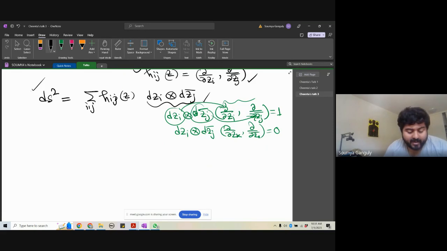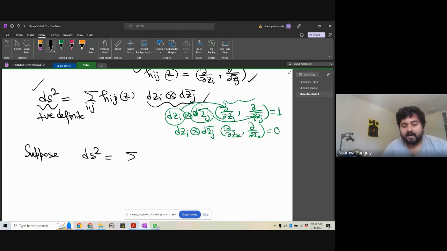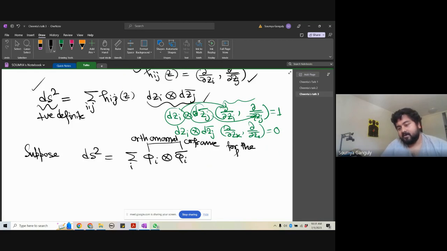Because it's a metric, it's positive definite, right? You can take it for granted. Any positive definite metric can be written as something like this. These are basically an orthonormal coframe for the Hermitian metric,